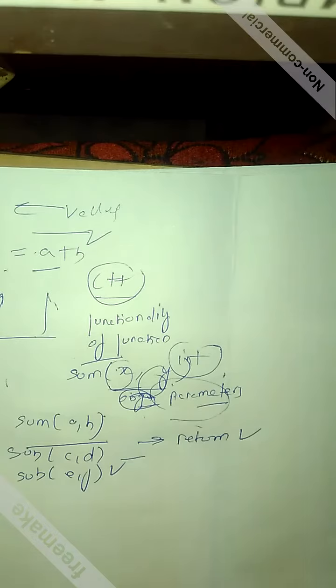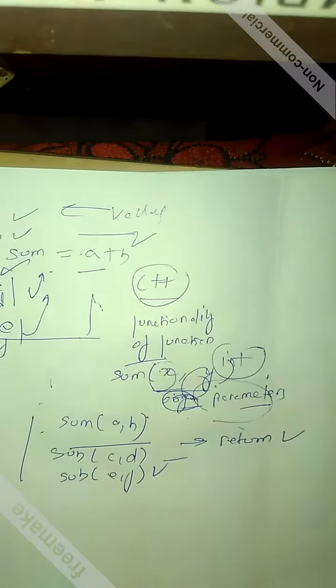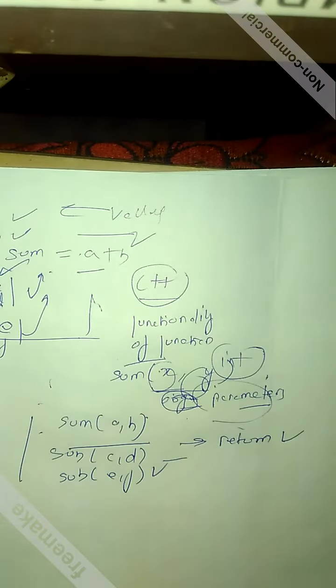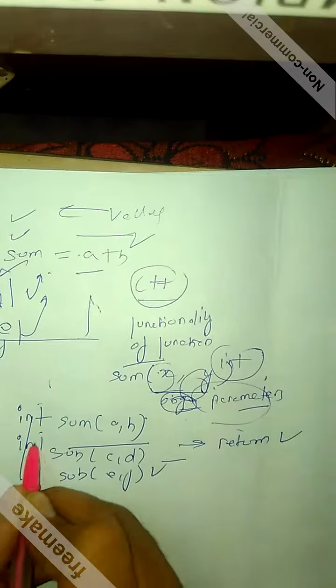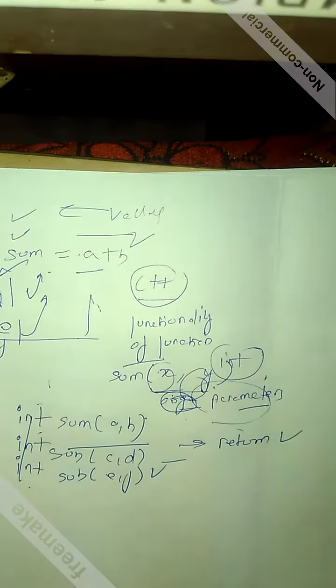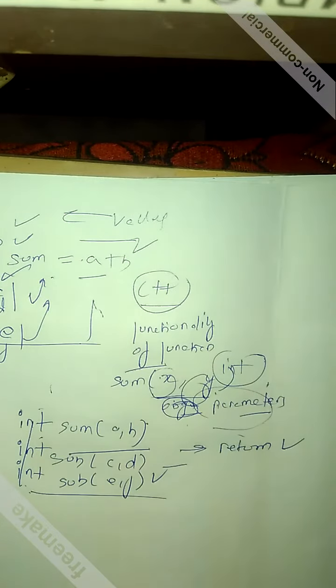Now it is also important that I define a data type, that is, what will be the result of the sum. For that I have to define the data type of the function, int, because we don't know what is going to be the result of that function. That's how I described and defined what we understand by the word function.